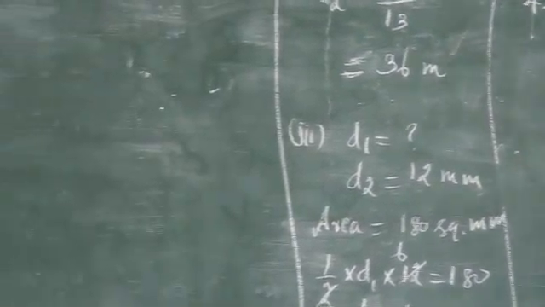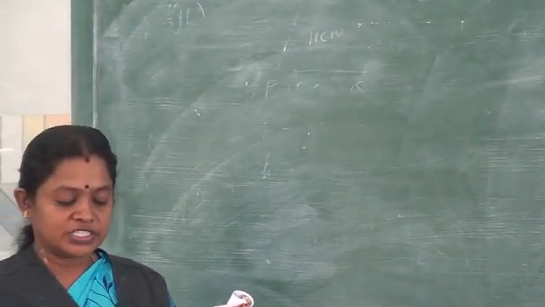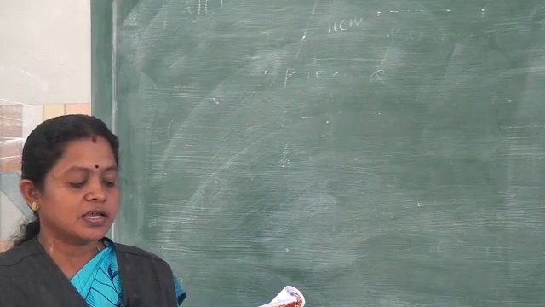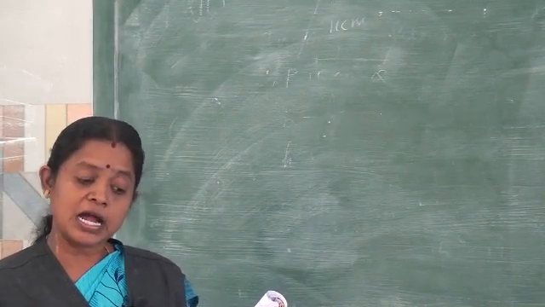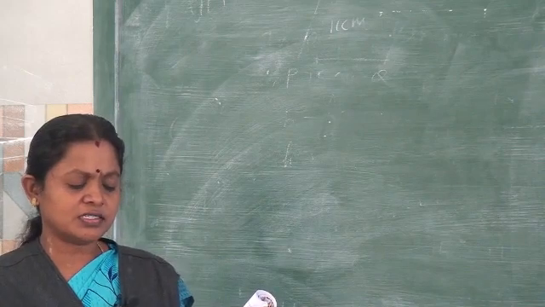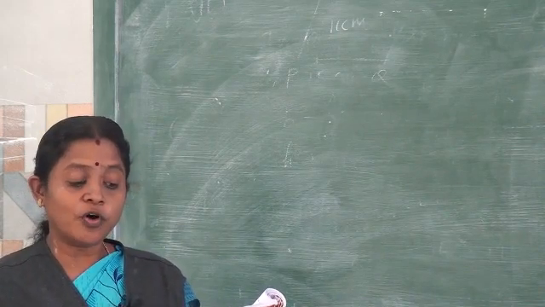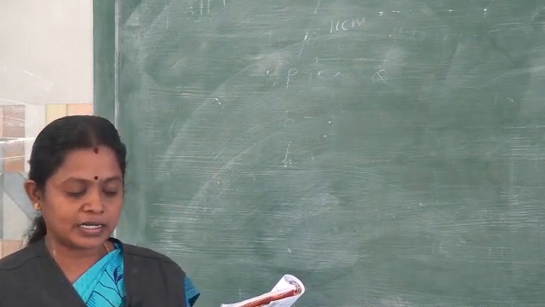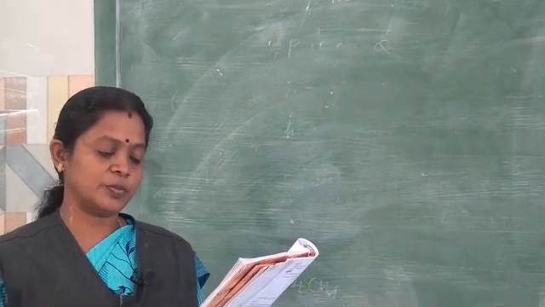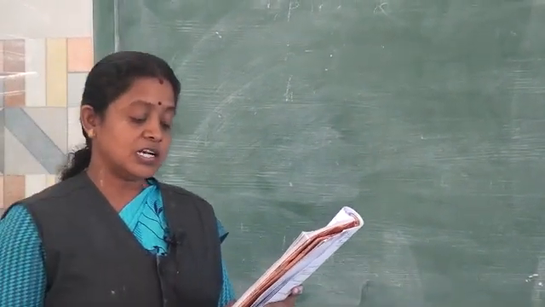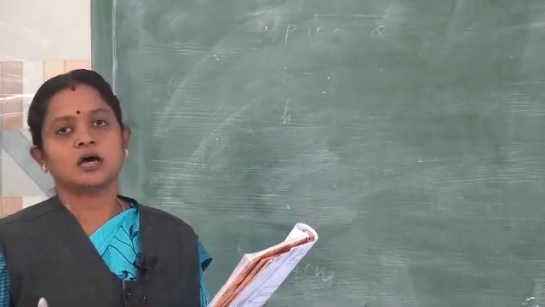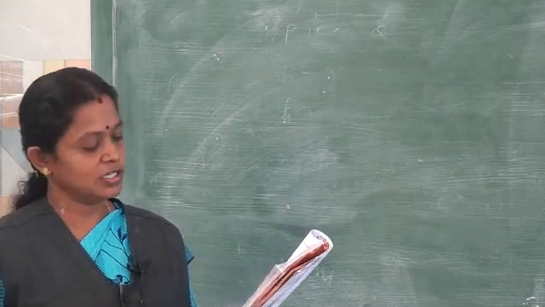That fifth one, have to listen carefully. A sweet is in the shape of a rhombus whose diagonals are given as 4 centimeter and 5 centimeter. The surface of the sweet should be covered by an aluminium foil. Find the cost of aluminium foil used for 400 such sweets. How many sweets we are going to prepare? 400, at the rate of ₹7 per 100 square centimeter. What is the cost of covering 100 square centimeter? ₹7.